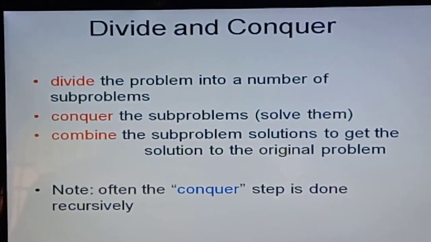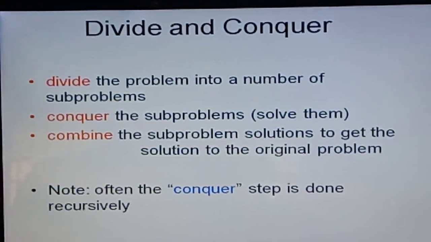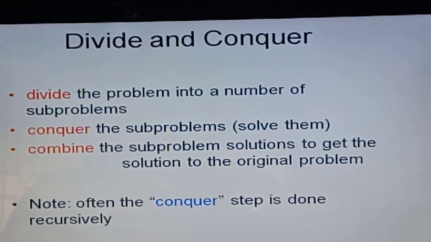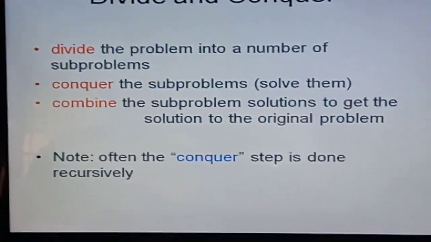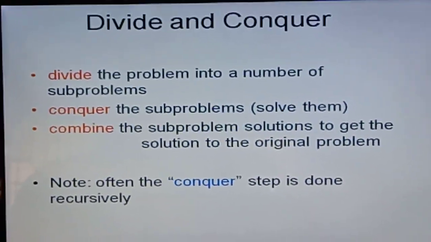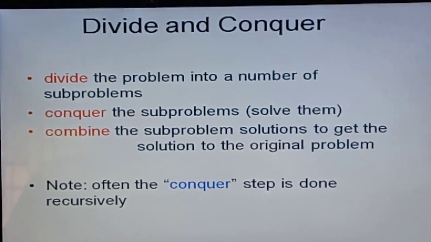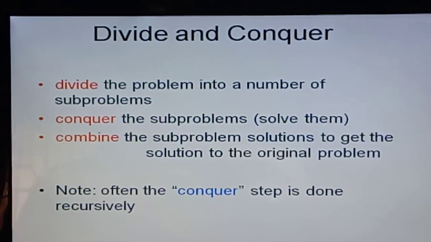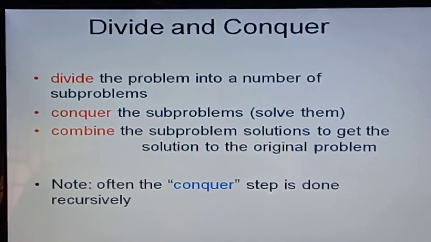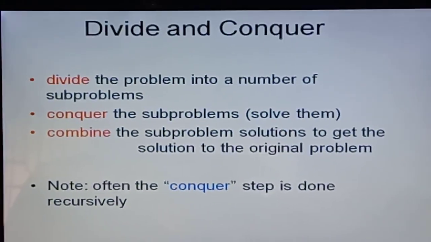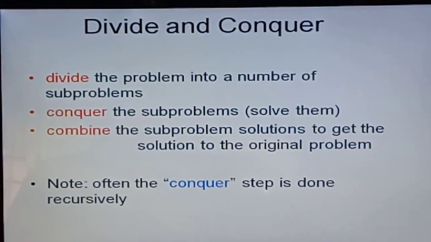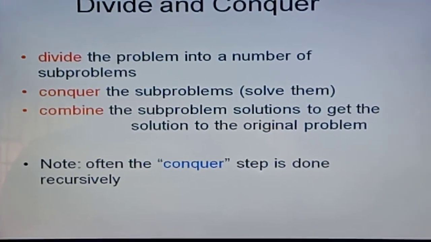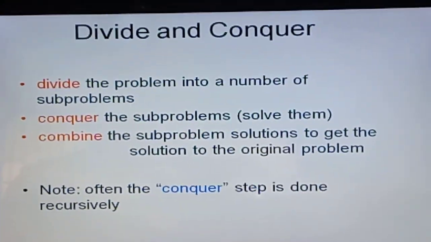After dividing the problems into number of subproblems, what are the results produced after solving the subproblems independently, and recombine those results to produce a single solution. So that is the divide and conquer approach. Divide the problem into a number of subproblems. Conquer the subproblems, that is nothing but conquer means here solving the problems. Next, combine the subproblem solutions to get the solution to the original problem.